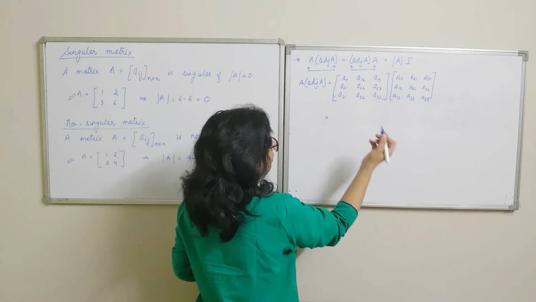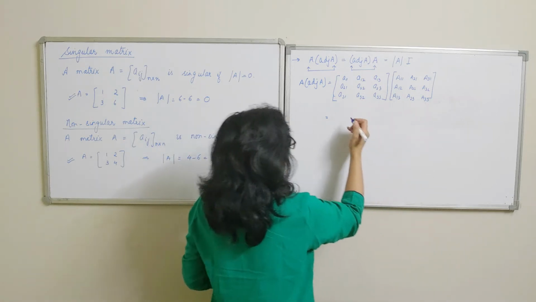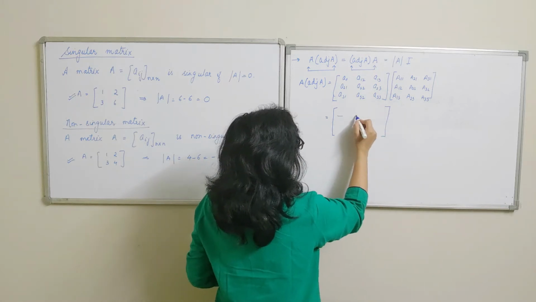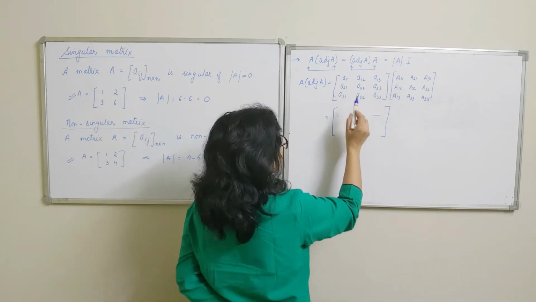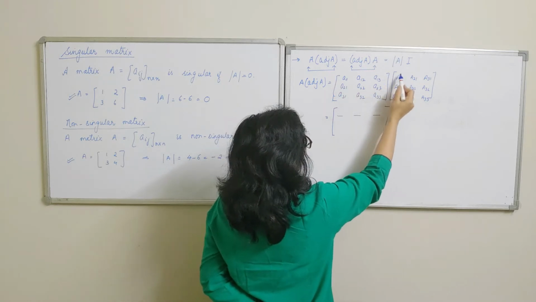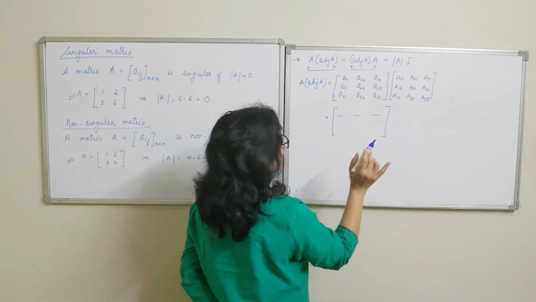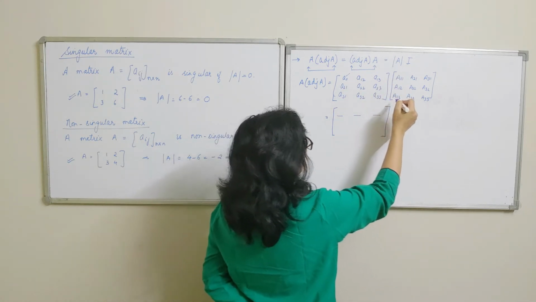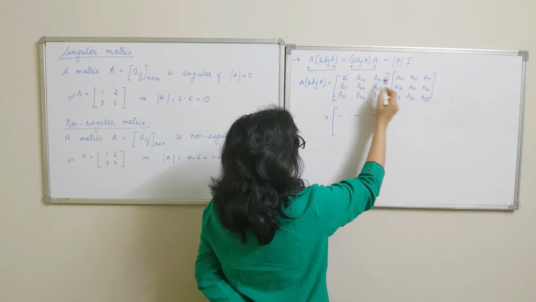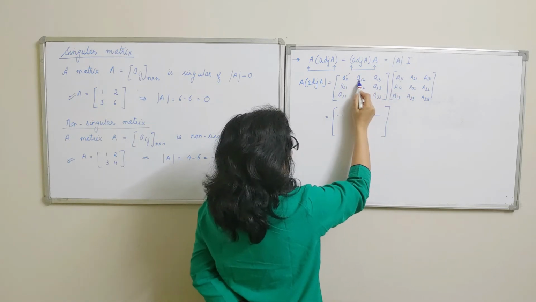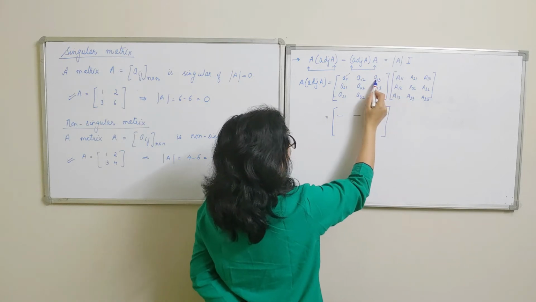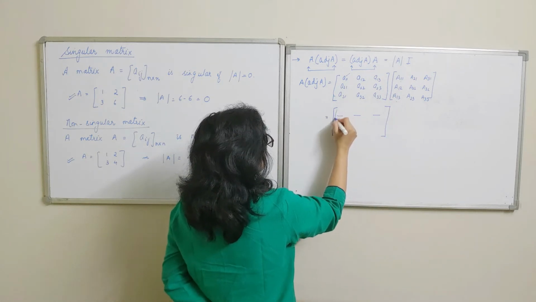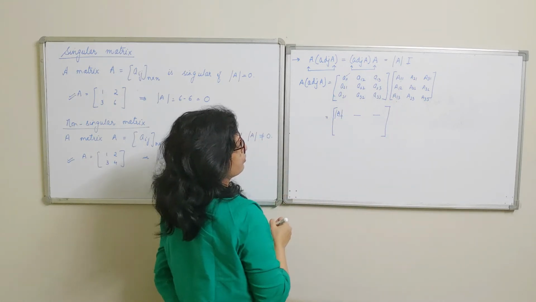Now let us multiply. Multiplication is easily possible because both are square matrices of order 3. Now we are going to write down the first row elements. So for the first row elements, what we'll do is multiply first row by the first column. So here please notice that when you multiply this element with the first row with the first column, what you do is multiply the element by its cofactor. This element multiplied by its cofactor. Likewise, the third element multiplied by its cofactors, and adding on. When you do this, this basically gives you the determinant of the matrix.